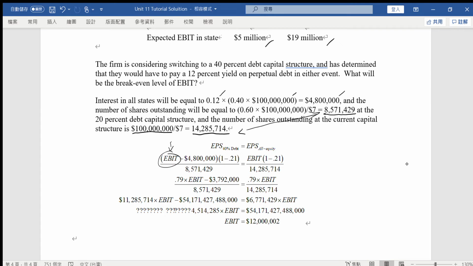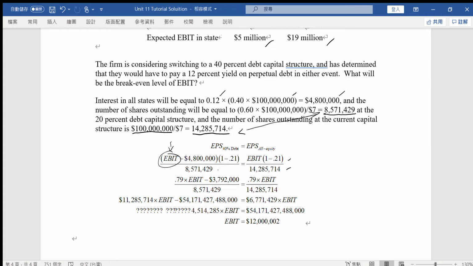But the company still has the tax saving at 21%, so we times 1 minus 21%, over the number of shares. Then the old one, the original, means we don't have any interest expenses, so we use EBIT times 1 minus 21%, over the number of shares originally that we have,